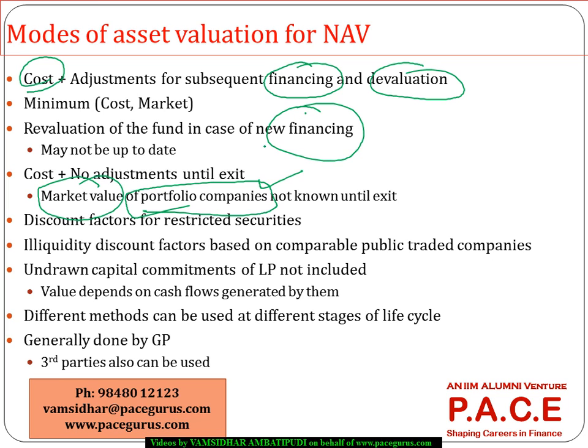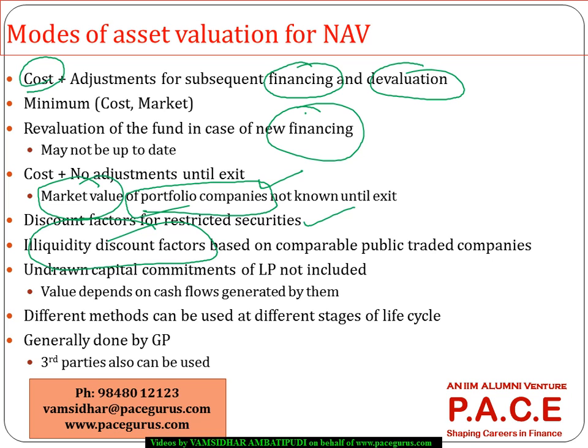So for a company where there are no additional financings in the middle, valuing the firm using the NAV may not be an up-to-date mechanism at all, because the NAV is very difficult to determine in that kind of case. Similarly, we can use discount factors for restricted securities, and most of them have illiquidity associated with them. So illiquidity-associated discount factors can be used, but the illiquidity percentages can be determined based on equivalent comparable